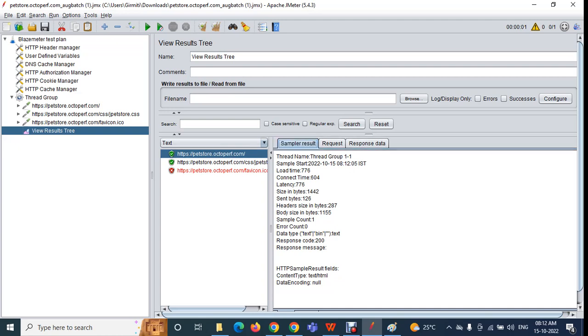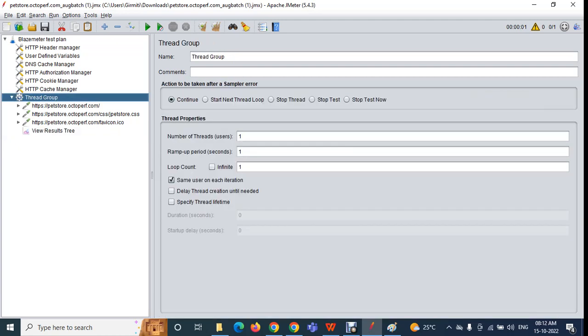So now I am on sample result. You can see here thread name. I already told you thread is nothing but user, right? So which user executed this particular request, user 1, user 2, or user 3? That information you can find from here. So thread name, you can see thread row. The user is generated from the thread row, and you can see 1-1 at the end. You can see 1. So what does it mean? That it was executed by user number 1.